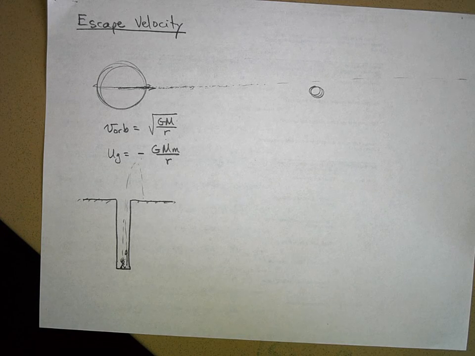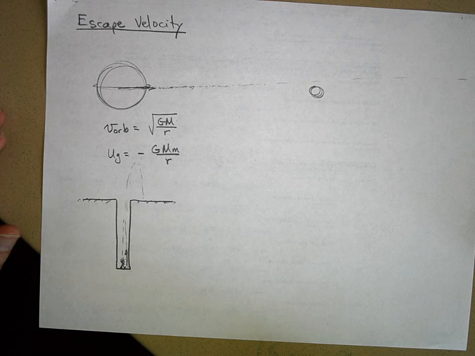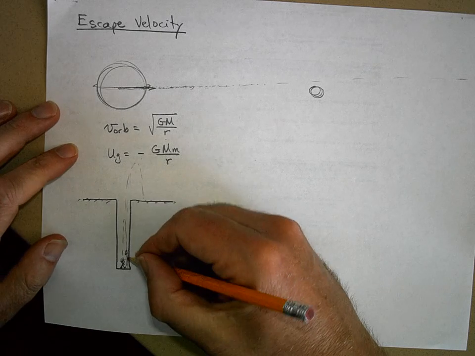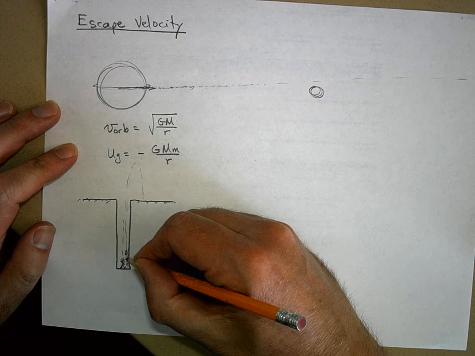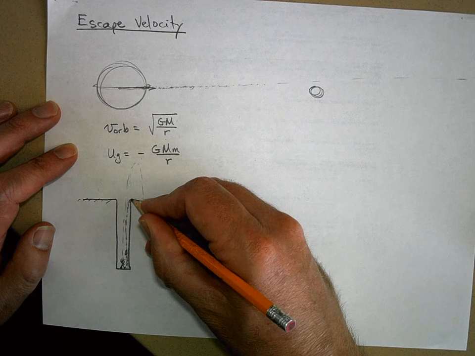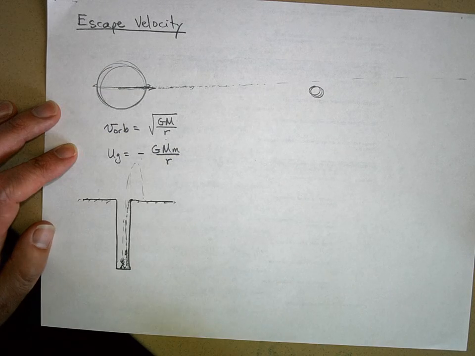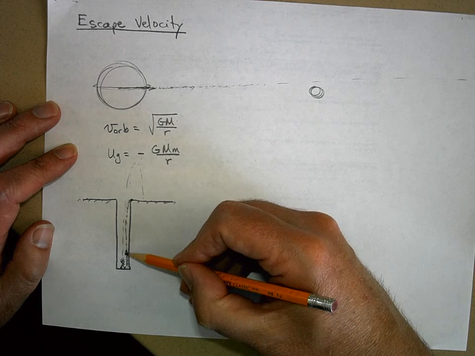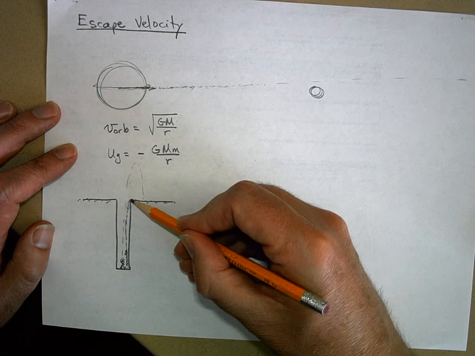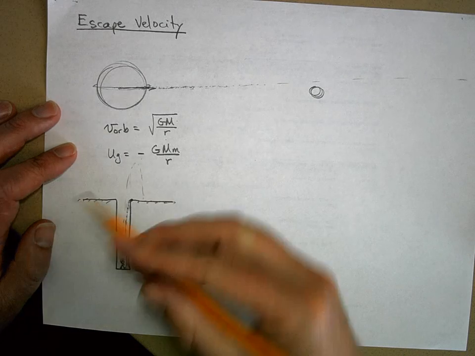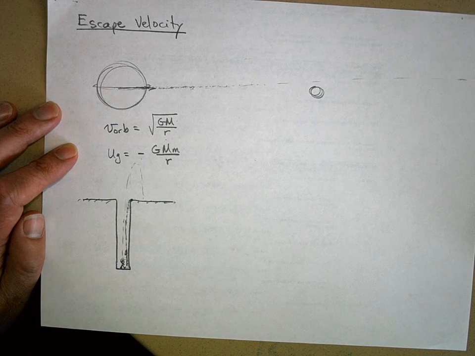So what he'll do is he'll say, I need to make a calculation. What speed do I need to throw so that just when it gets to the lip of it, it stops and just lands right there on the lip? So what's the minimum speed I need for that rock to go all the way up here and then land right there? That minimum possible speed you need to escape from the well is called the escape velocity.